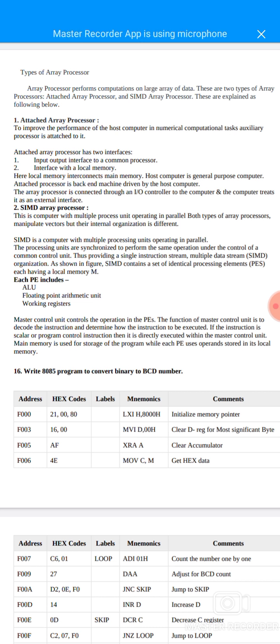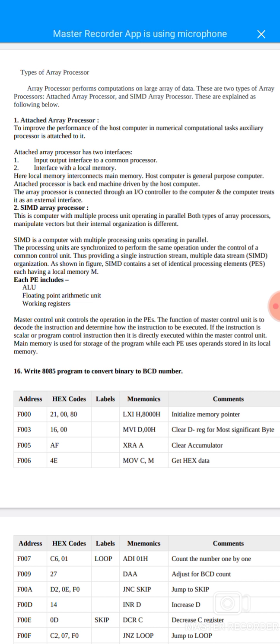Software interrupts are those which are inserted in between the program, which means they are mnemonics of the microprocessor. There are 8 software interrupts in the 8085 microprocessor. They are RST 0, 1, 2, 3, 4, 5, 6 to 7. Second, vector and non-vector interrupts. Vector interrupts are those which have a fixed vector address, the starting address of the subroutine, and after executing this program control transfers to that address. The vector address is calculated by the formula 8 into type.